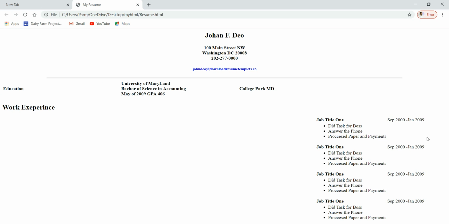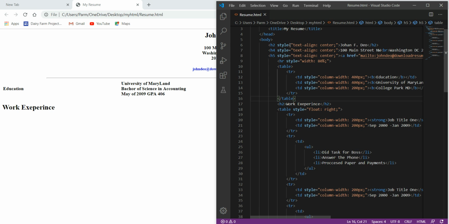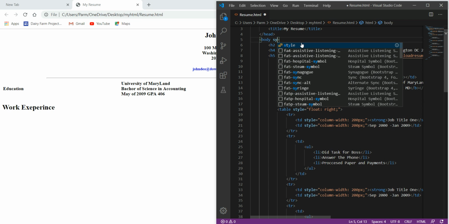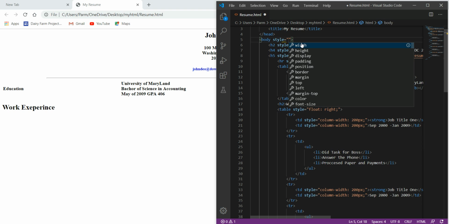We can do some more changes in order to place it somewhere under this and under this. So we just do it in the body. Here we can use style, and here we use margin-left.